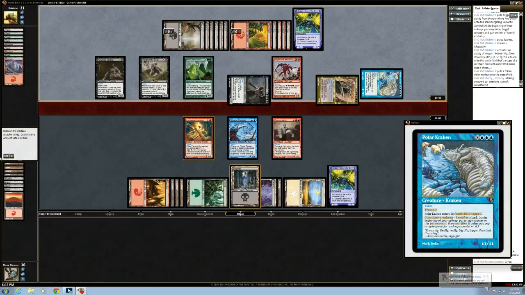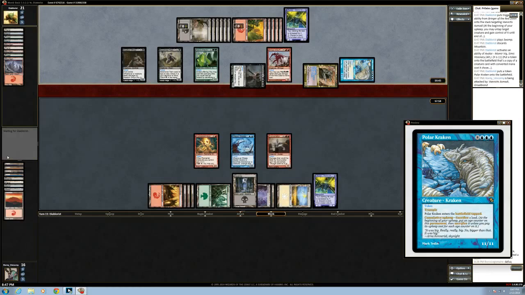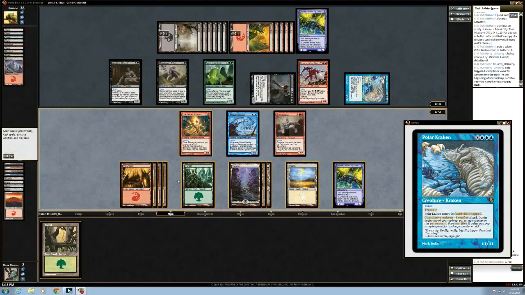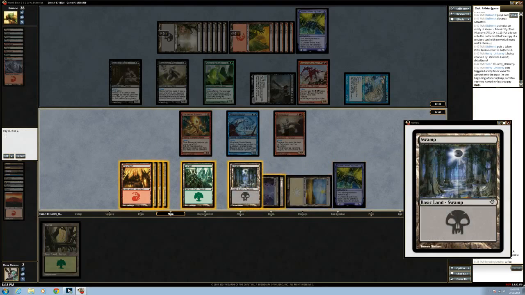Oh, okay, so he's not just going to kill us, because we got a 2. He could have just attacked with all his creatures, and we would have died. But I guess he didn't see that. Goodbye. Yeah, we definitely need to get rid of that. Now, do the same thing as last time, but now we really just want